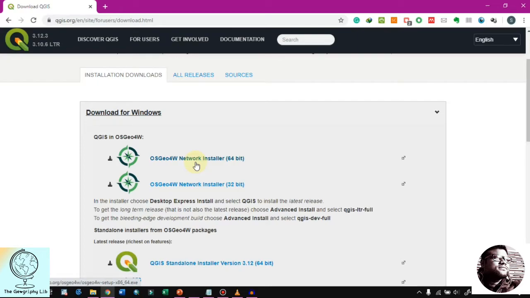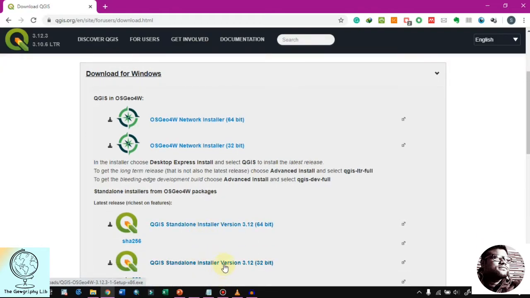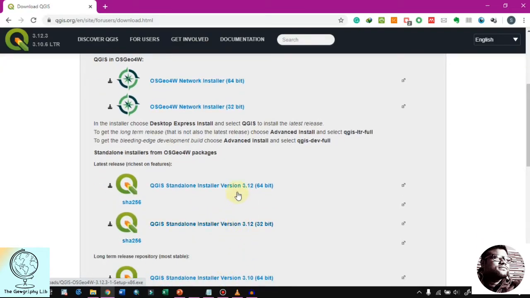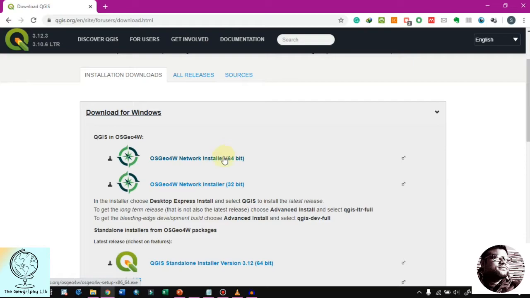So you can also download QGIS using the standalone installer version. Otherwise, I prefer downloading the OSGeo4W network installer, and we're gonna do this kind of installation.